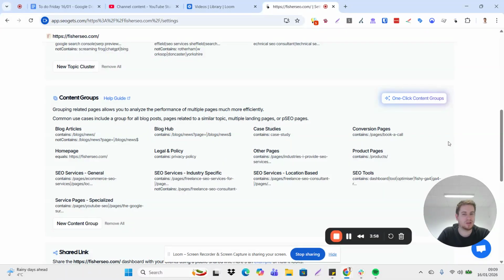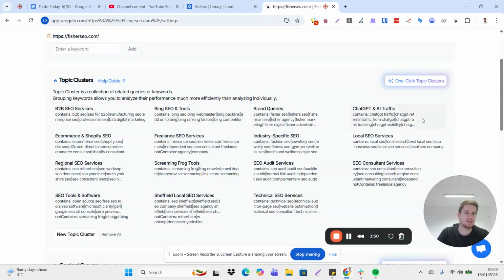groups. So just to let you know the difference, content groups is related to the types of pages, and then topic clusters is related to the types of queries. So it's looking at phrases which are contained in each of those. So for example, if you've got a ton of blog posts, you can analyze just the blog posts on your website. But if you're looking to analyze the queries within those blog posts and possibly informational queries on the service pages, then you'd look to create a topic cluster, which is like how, when, where, what, the informational sort of